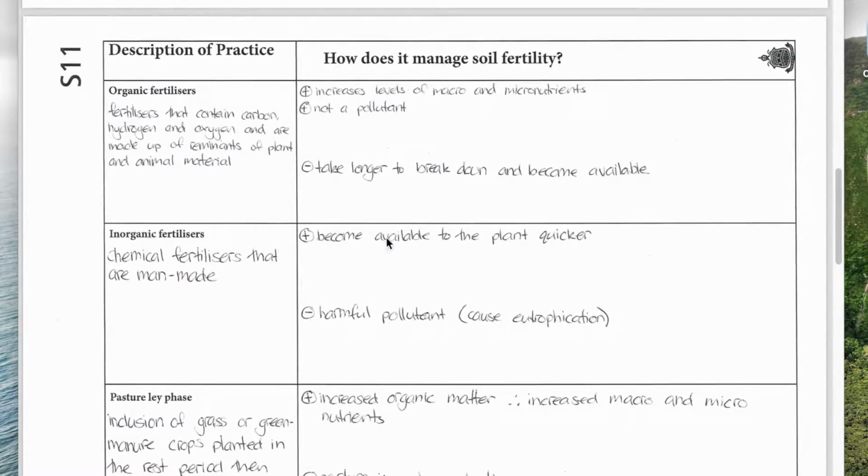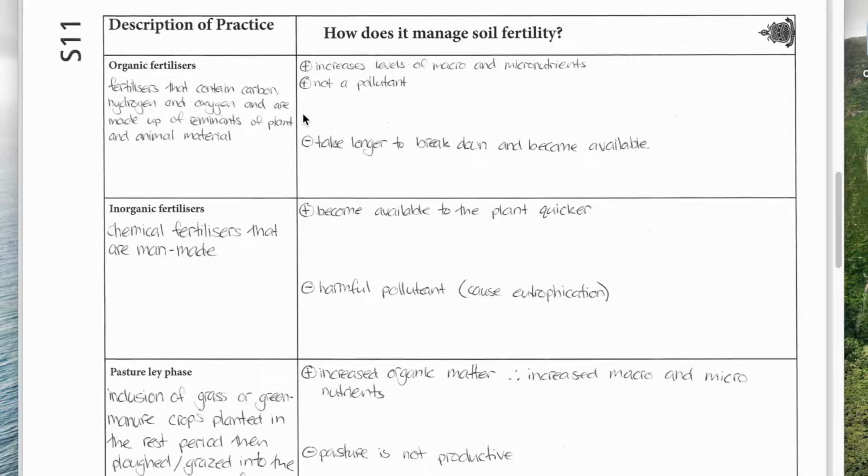So just quickly, basically organic fertilizers increase both the macro and micronutrients because it's got a range, and it generally doesn't pollute waterways because it's available over a longer period of time. So the negative here is that they take a longer period of time to break down and become available to the plants,